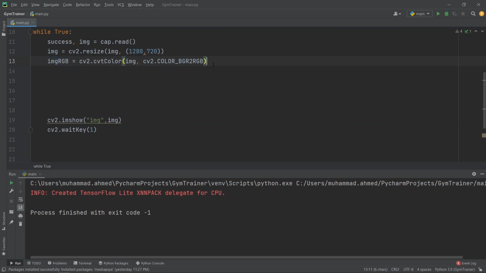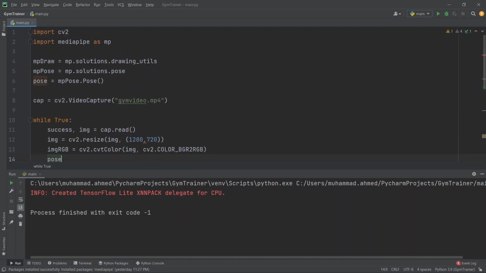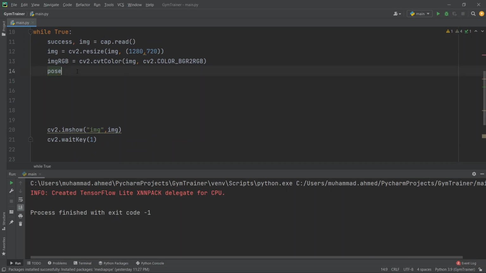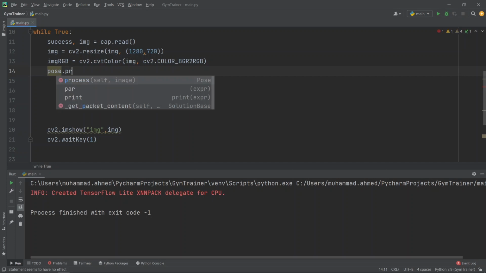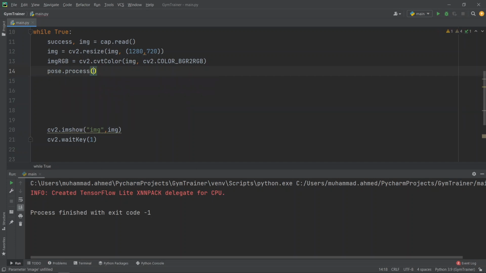So we are getting the image in the RGB channel, and next, we go for the pose object that we created on the top, which will help us in detecting the pose inside the image. So we will go for pose.process, and inside that we have to provide the image RGB.